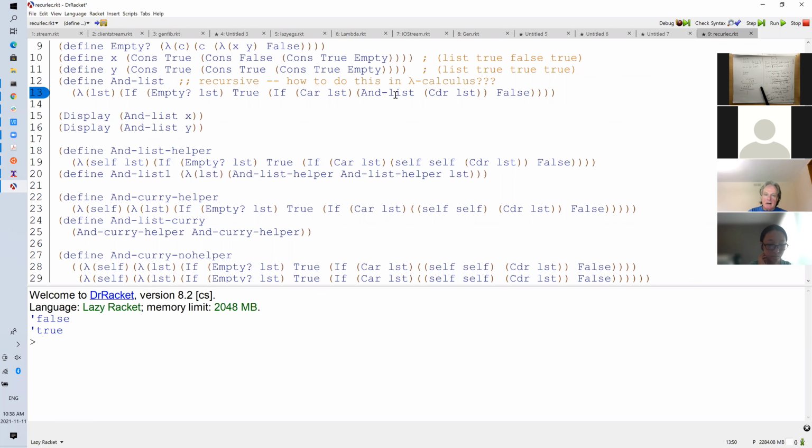And it recursively invokes itself. And list helper is exactly the same, except it has two parameters, self and list. Okay, that's the only difference. It's got two parameters. So in the definition, I say lambda self list. And then when I come to do the recursive invocation,